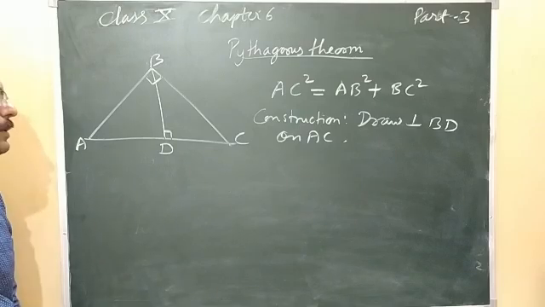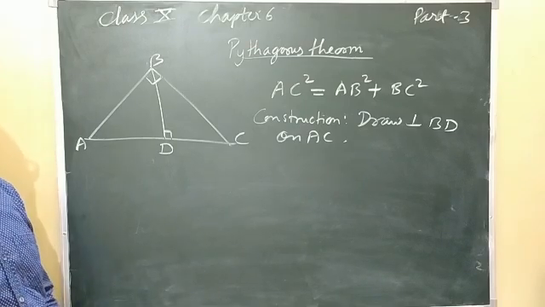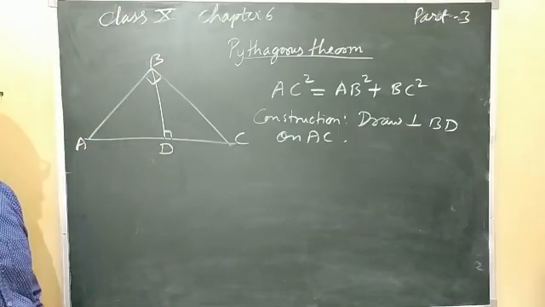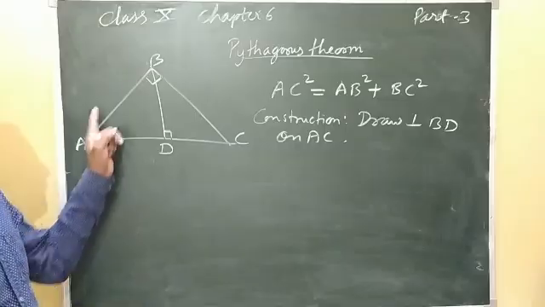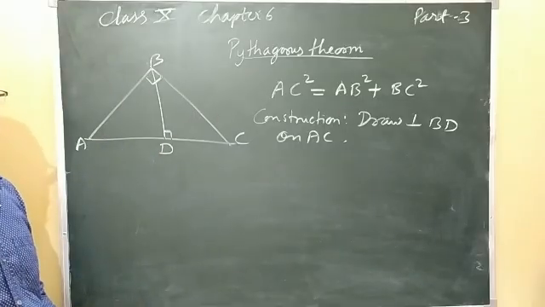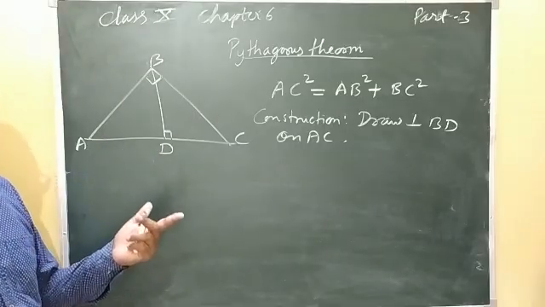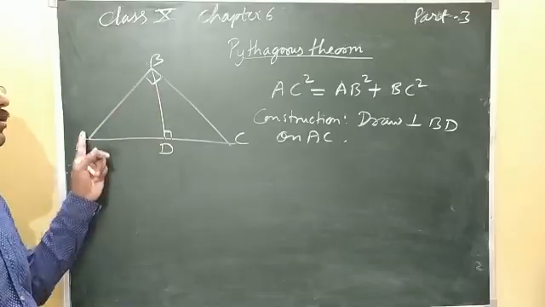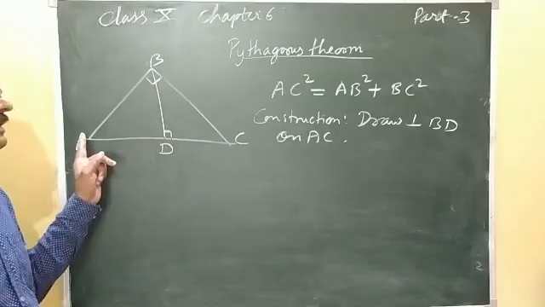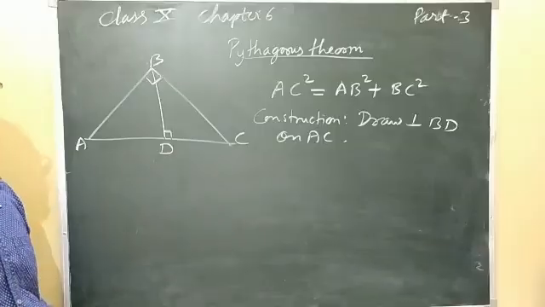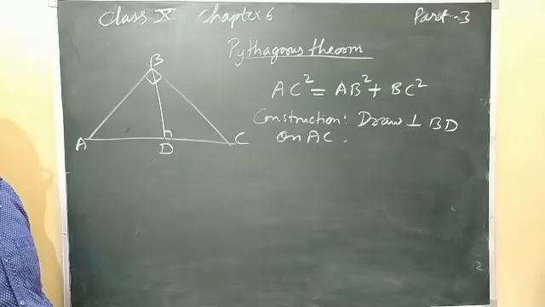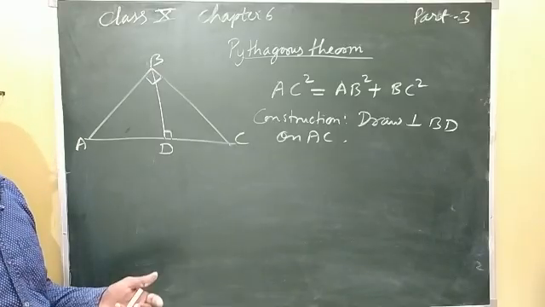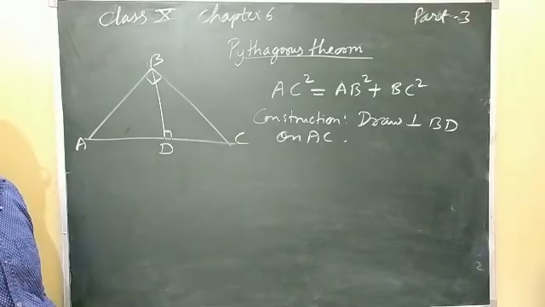Okay, so why are we making this perpendicular? So that we can obtain some right angle triangles inside the right angle triangle, and these triangles will be proved as similar to the bigger triangle. Because we have to use the concept of similar triangles, we need some more triangles, that is the triangles inside the given triangle. If we take the triangle inside the given triangle, we can see some of the angles will be equal, and by which we can prove that the two triangles are similar.